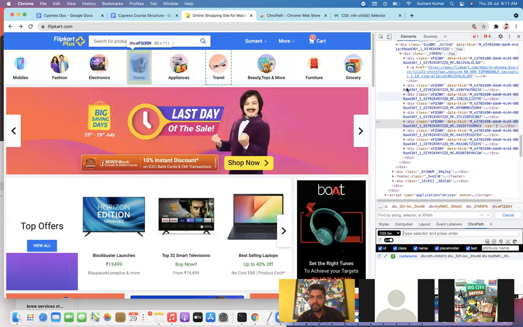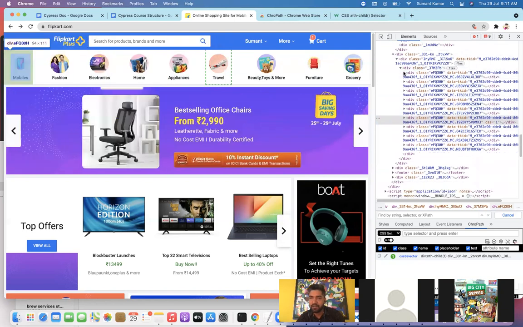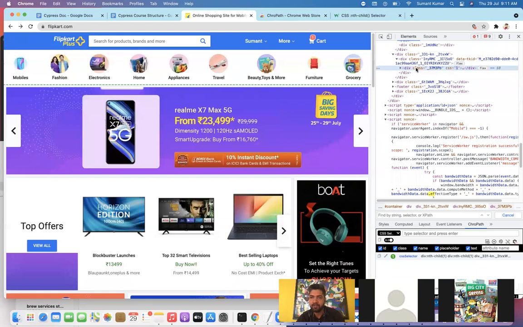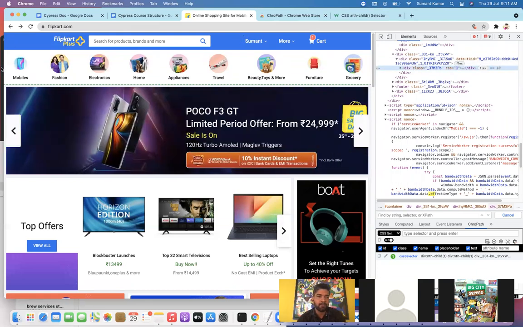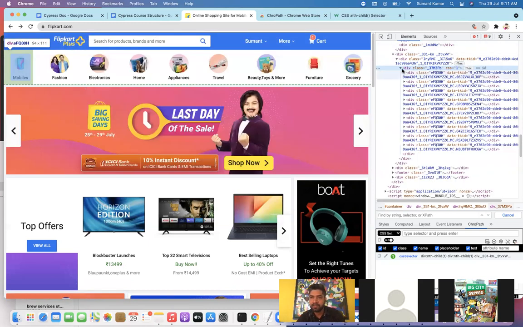So the thing is, they use a kind of bucket container, and inside it, this is the main bucket basically. If you click here, it will highlight the complete bucket, correct? And once we go slowly inside, inside the bigger bucket they have defined 1 2 3 4 5 6 7 8 9.